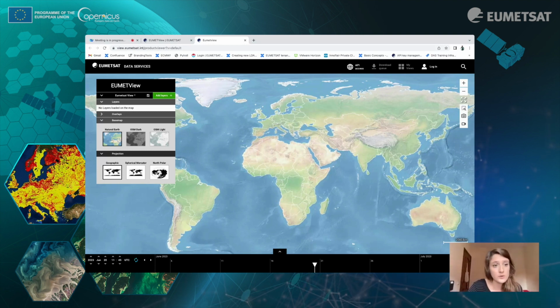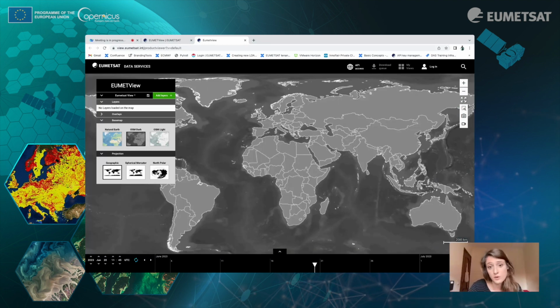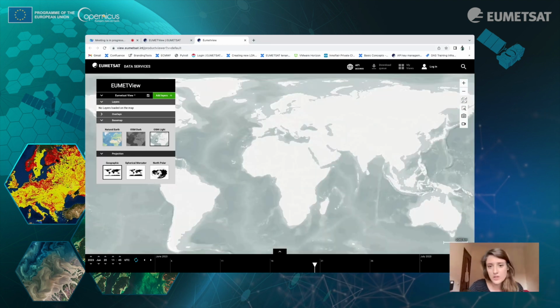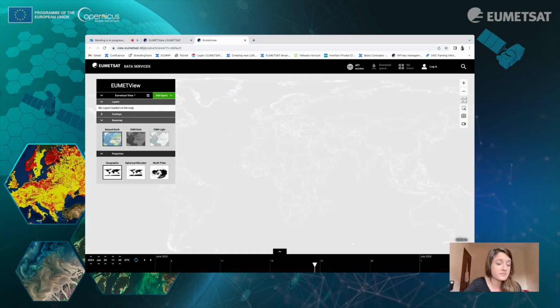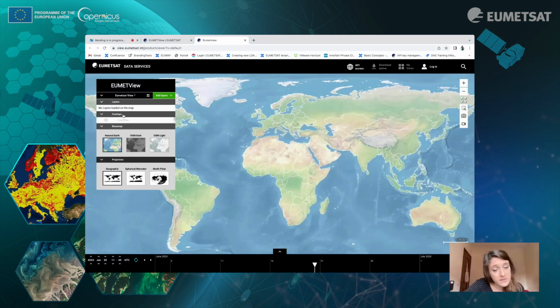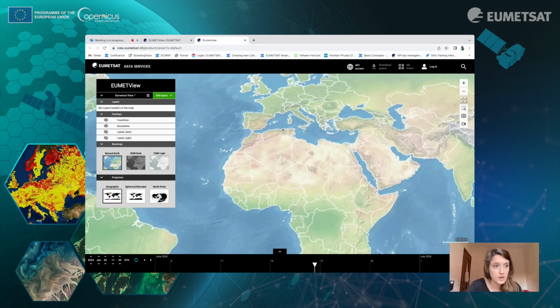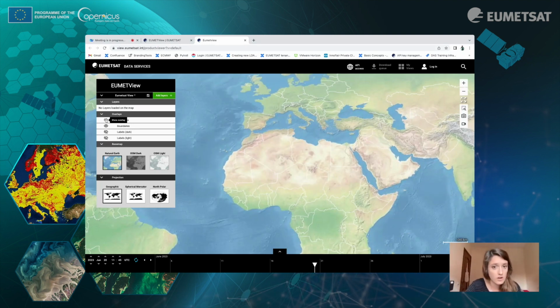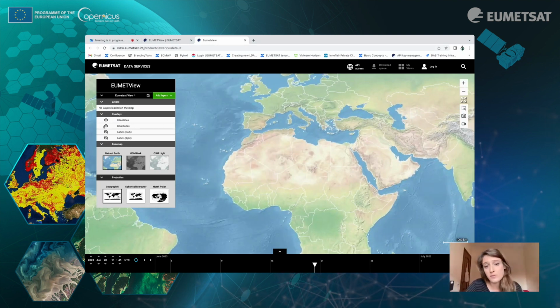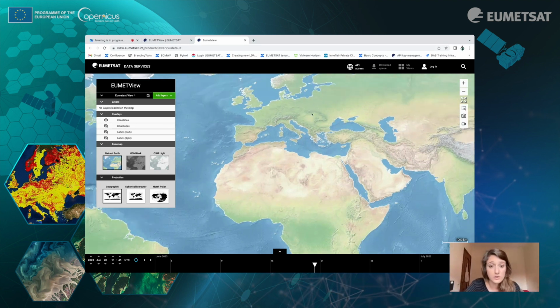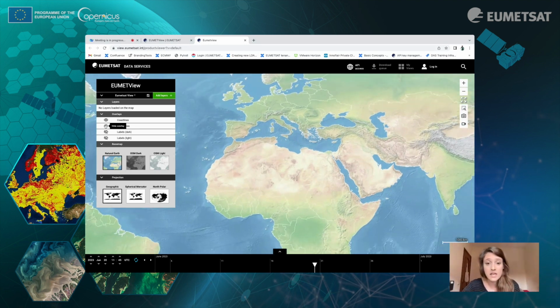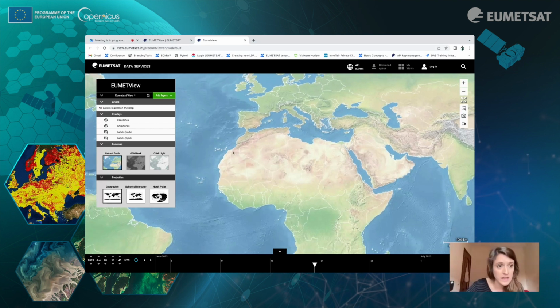We have Natural Earth, we have the dark one, and we also have the light one. So you are free to choose whichever you want. We also have overlays. The overlays just allow you to choose which kind of borders or labels you want. We have the coastlines. As you see here, we have just the borders of the coast, so we can just create it or take it off. And the same for the boundaries of the countries. So you can either have them or not have them, depending, of course, on what you like.